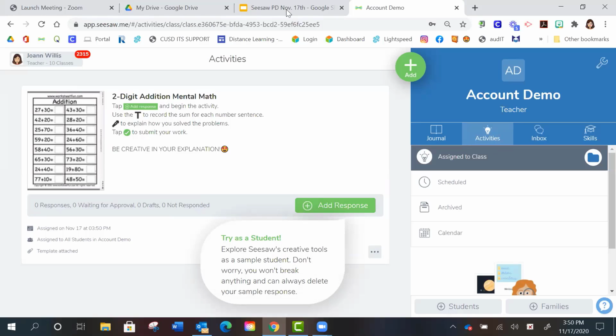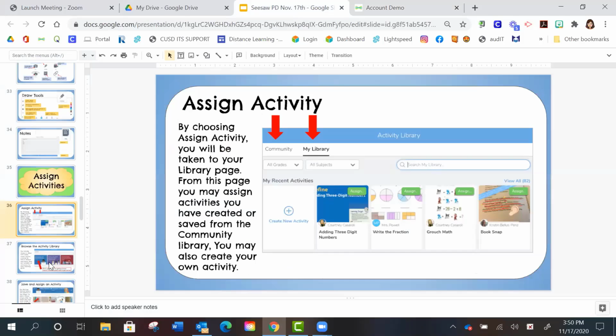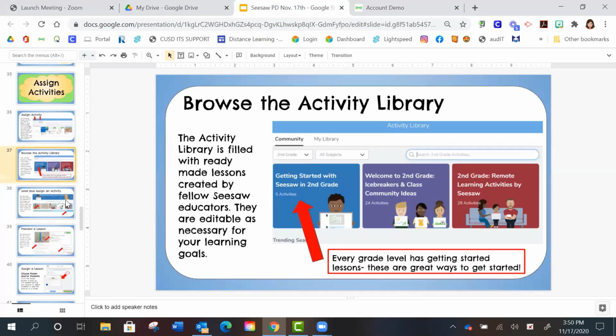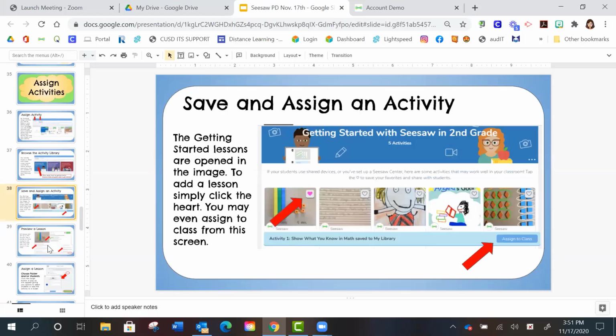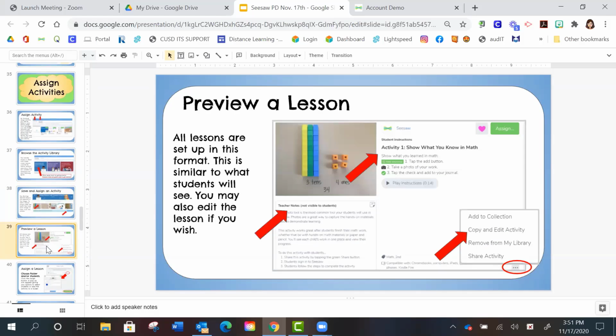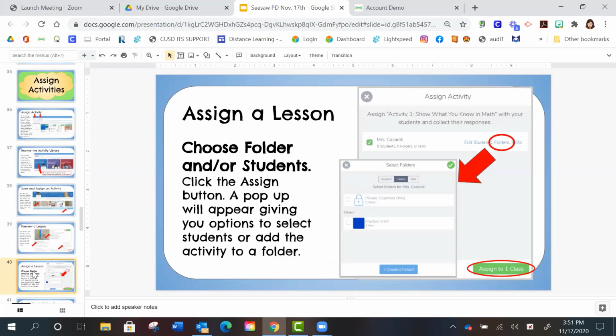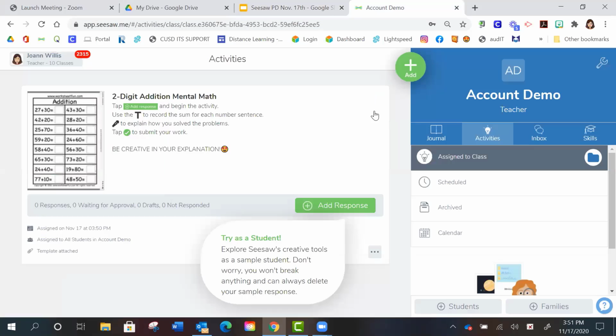Okay, so I'm going to go back to the slide deck and see how far I've gone off course. Hopefully this is all making sense to you guys. And then, so Courtney, where am I stopping? I'm sorry. I was going to go into more detail with how to create a lesson. Oh, okay, so I'll go ahead and go into, now that I have it assigned, am I supposed to share how a student, we can be a demo or a sample student? Should I show that? Oh, you can, yeah. Okay, all right, so